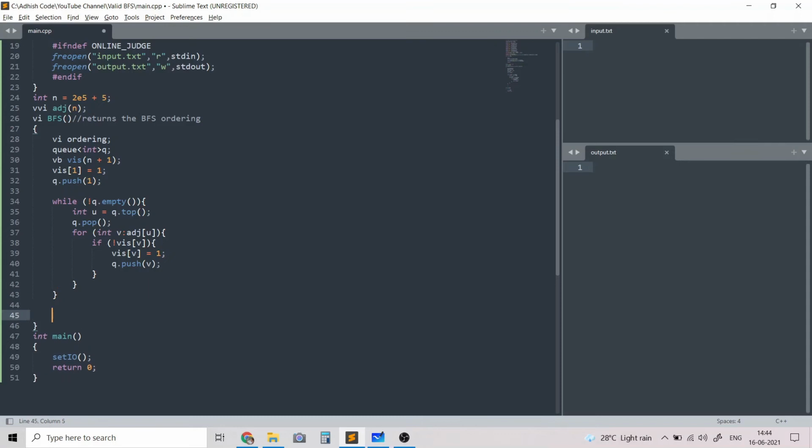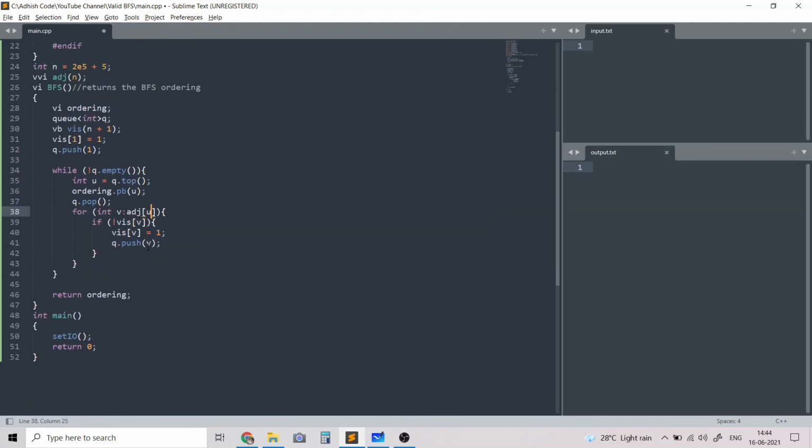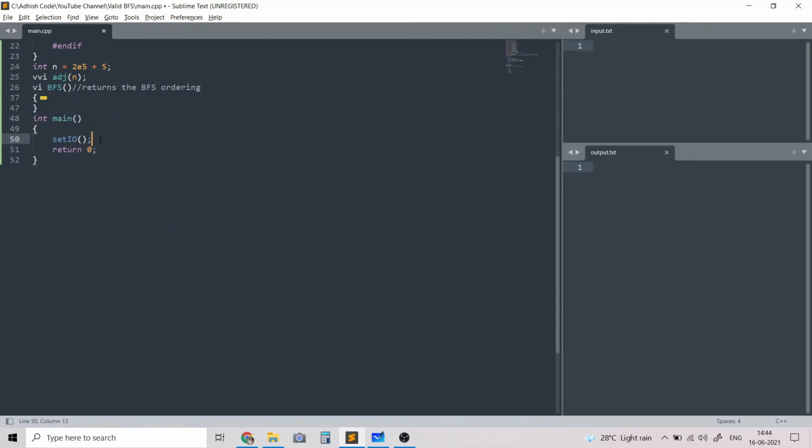The ordering is defined by the nodes which we are pushing in the queue, so I'll push back u, which is the top node in the queue, to the ordering, and return the ordering. That takes care of our BFS function, which will be used in the end.